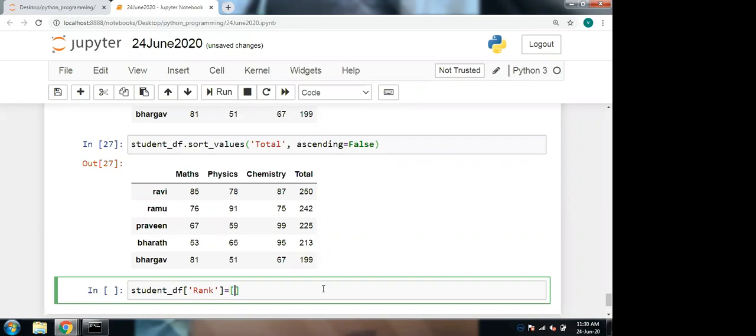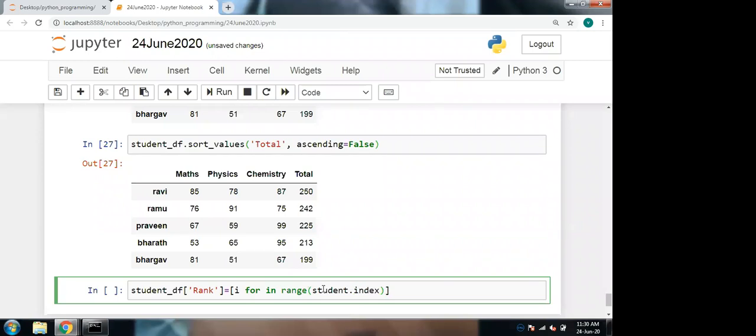So we can apply the for loop, for i in range of student_data_frame.index.